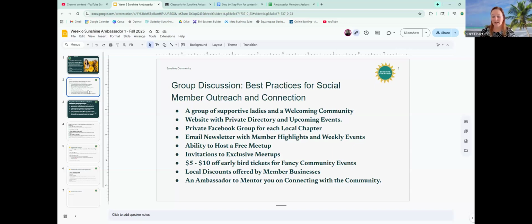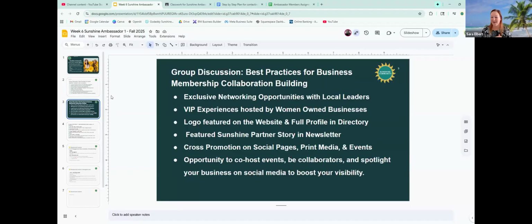And then you'll each be assigned to helping each other with one thing so that you also have an ambassador assigned to you in the next couple of classes. So you're not missing out on your ambassador, even though you are an ambassador. And then the best practices for business membership collaboration. Okay, what we're offering them is the networking opportunities with other women in business, the VIP experiences from women-owned businesses,